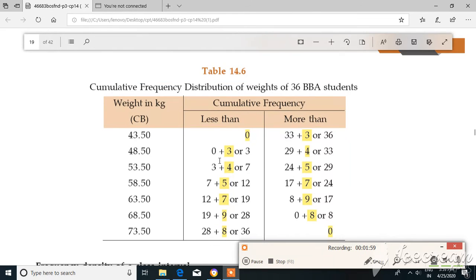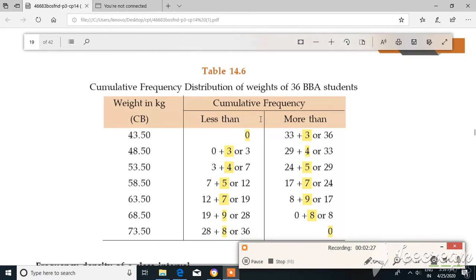Now come to this cumulative frequency distribution. So these are class boundaries, and here they have mentioned cumulative frequencies. Actually they should mention here what are frequencies corresponding to these class boundaries. So I highlighted those class intervals, class frequencies. So 0 is first class frequency, for the second one it is 3, then 4, 5, 7, 9, 10.